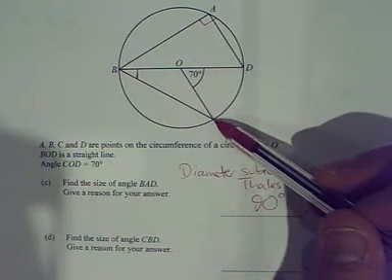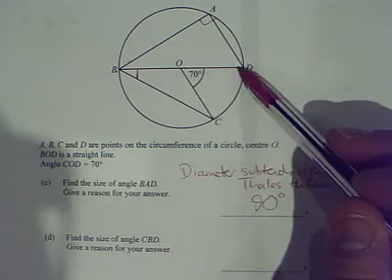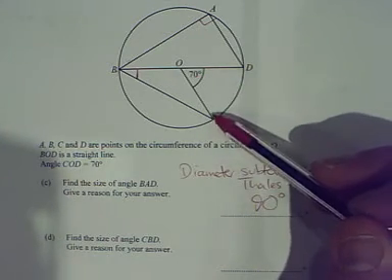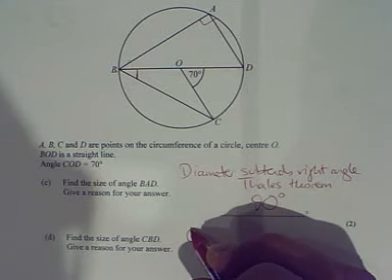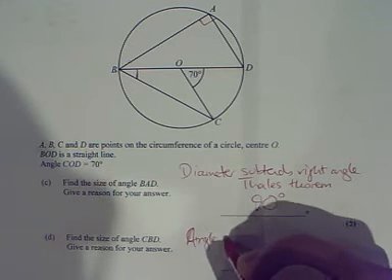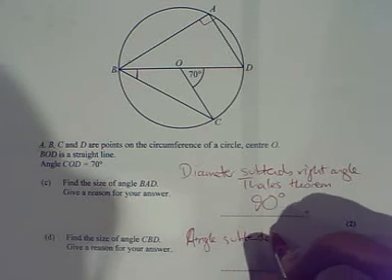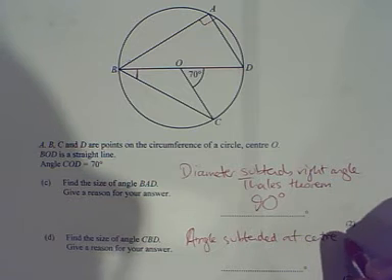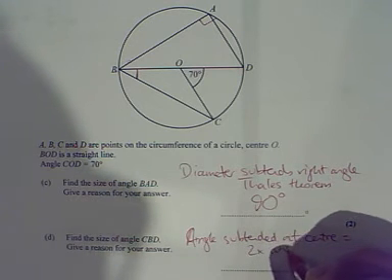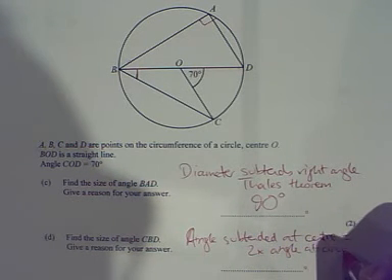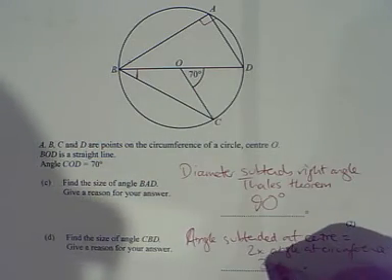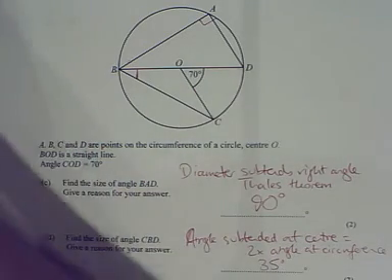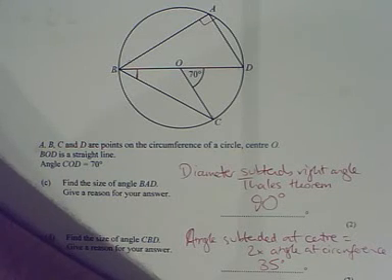There's a rule that says the angle subtended at the center by an arc or by 2 points is double the angle subtended at the circumference. That's your reasoning again. So you'd say angle subtended at center equals 2 times angle at circumference. So the angle at circumference is half of this one, which means that CBD is 35 degrees. I put the degrees down twice, and